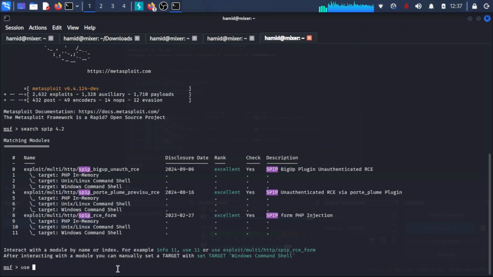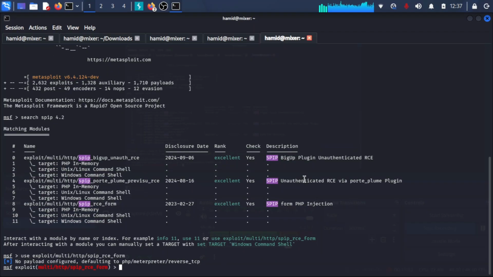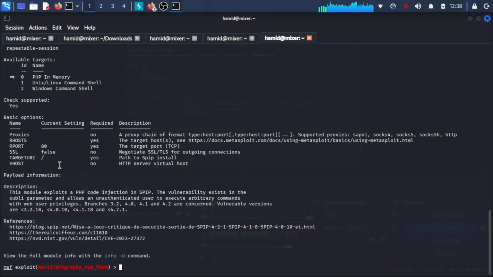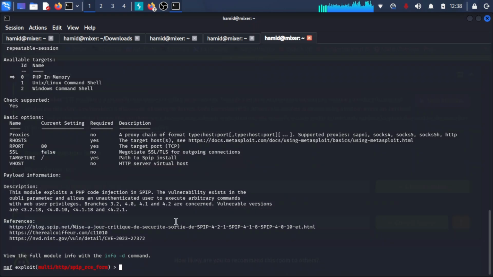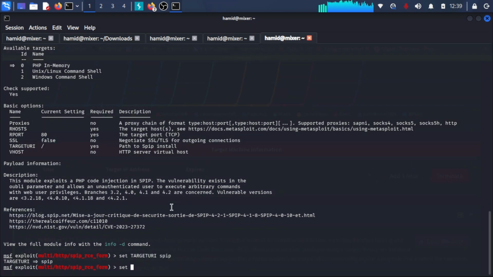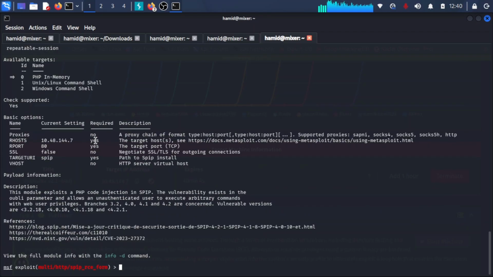So just use it, and to see what the requirements are, what we need is our host, our port, and target URI. For the target URI, I'm pretty sure it's SPIP. So in RHOSTS, we put the target address. We have port 80, which is already set by default. Our host is the address we want to attack, and the URI is SPIP. So if we exploit it now,